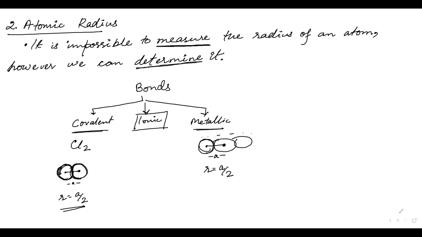Now, what is the trend for us? The scheme is not of much importance. The important thing is the trend along the period and the trend along the group. Now I'm writing a statement; if you differ, then you can ask me to explain it. The atomic size decreases along the period